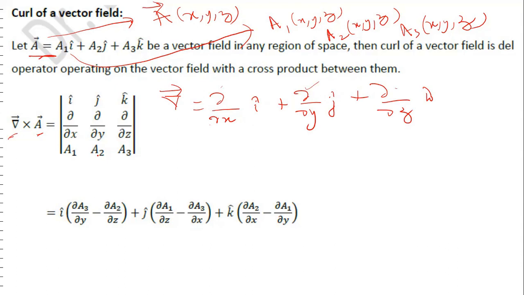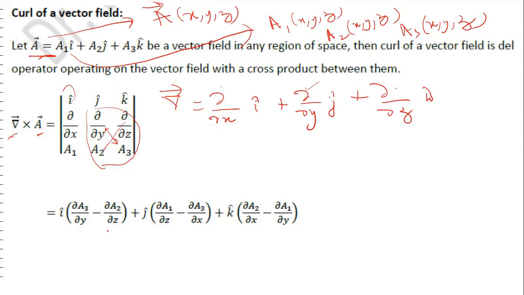And if you do that, if you take i here, and this is the, what is that? I forgot this term. Anyway, whatever it is, it doesn't matter. So the i cap coefficient will be this product, that is del A3 upon del y,